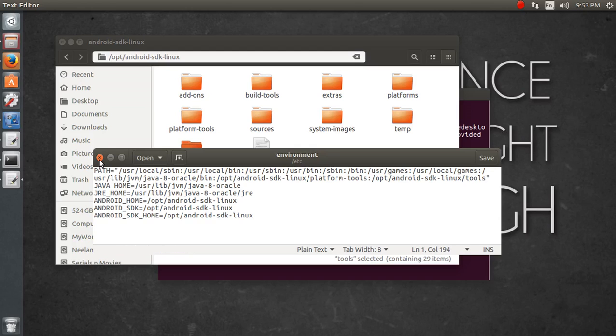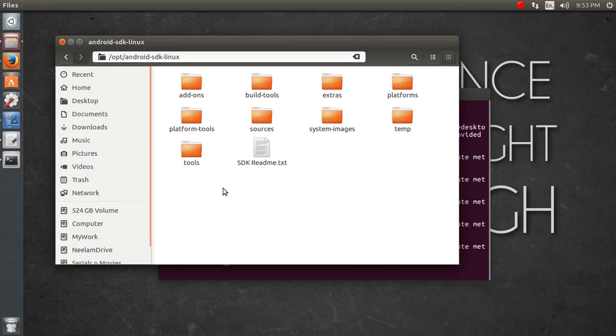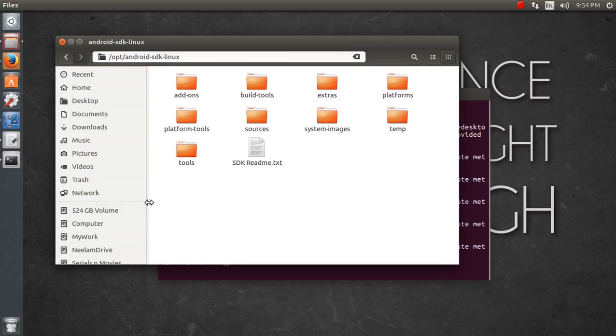After doing this, I would recommend you either restart, or log out and log in again, for the SDK and environment variables to take effect. But I would prefer that if you haven't enabled the virtualization option in BIOS, you restart the entire PC, go to BIOS and enable the virtualization option. You might be thinking why we need the virtualization option turned on. That's because